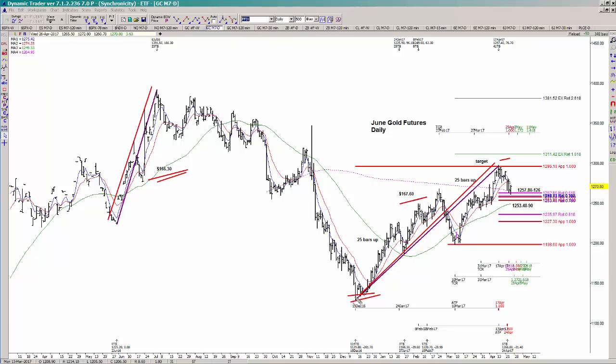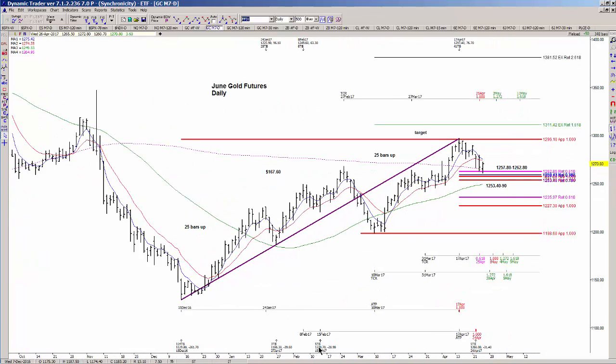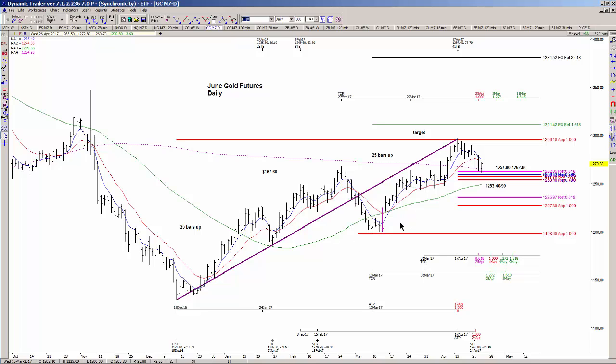Also, I had a rally in time of 25 bars up compared to another rally in time of 25 bars up. So we had time and price resistance at that high. All right, but since then, we've started to see a pullback, and I see a new buy entry here. Okay, so I'm going to show you that, but then we're going to talk about taking this work from one decision to the next, because we do want to guard against what could be in the way of a continued